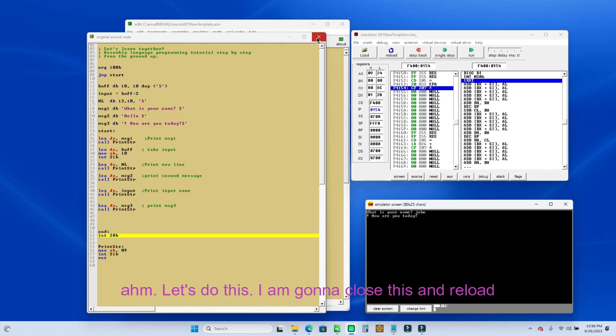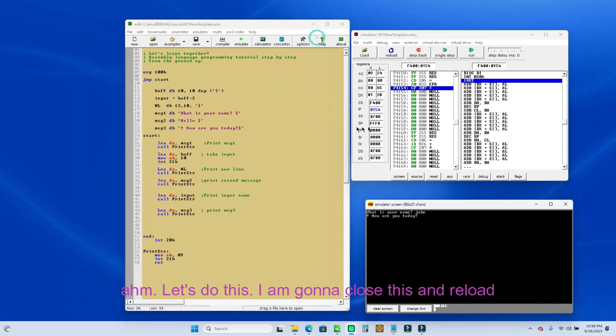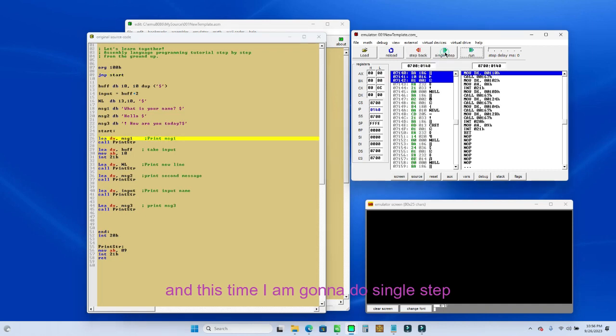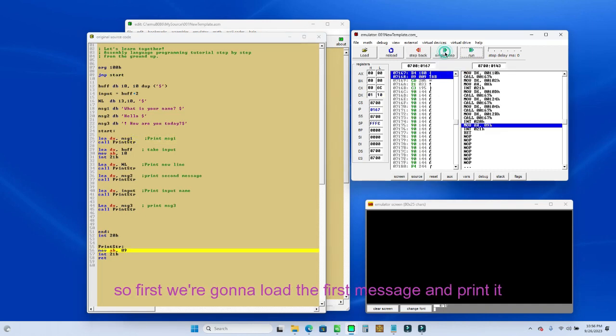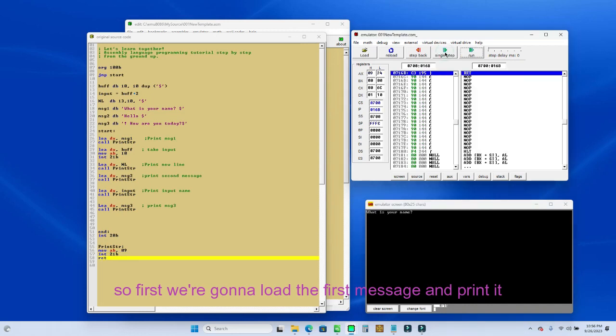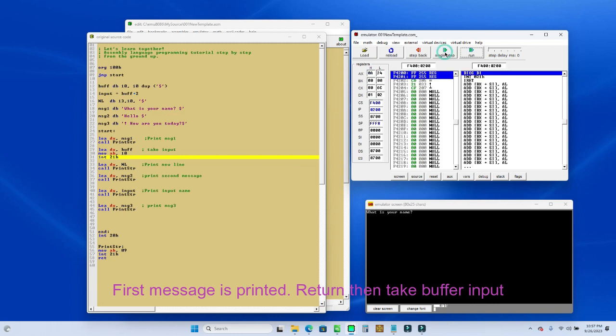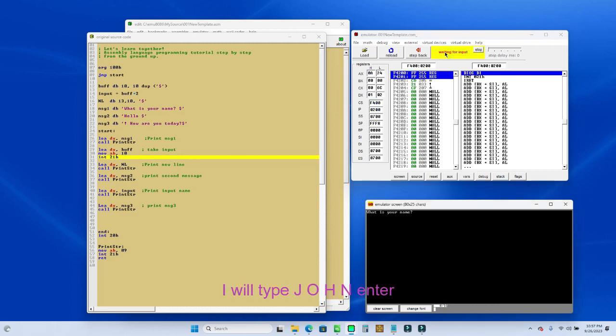Let's do this. I'm going to close this and reload. And this time, I'm going to do single step. So first, we're going to load the first message and print it. First message is printed, return, then take buffer input. I'll type JOHN, enter,